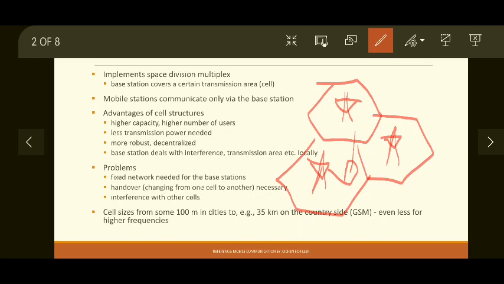Let's say this user is currently in cell number 3, this is 1, this is 2 and this is 3. This user moves in this direction or this direction. Even if he moves in different directions, he should be able to communicate. So all base stations need to provide services to this particular mobile user, and that is where this cellular structure provides the flexibility of decentralizing the process of service providing. The load on a single base station becomes reduced because of the decentralized process.